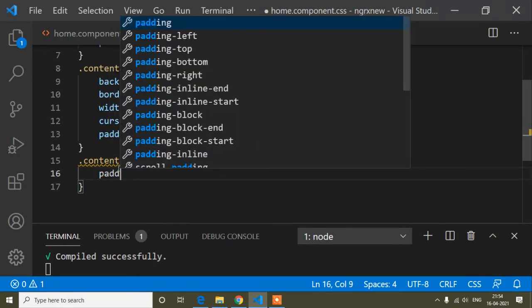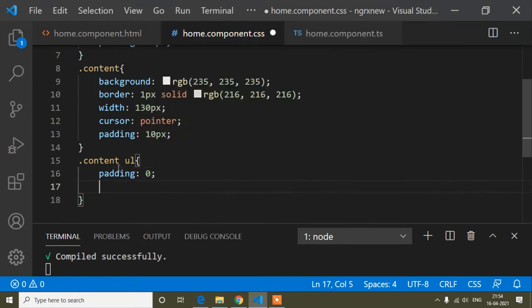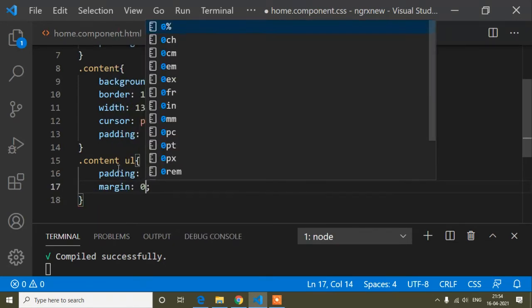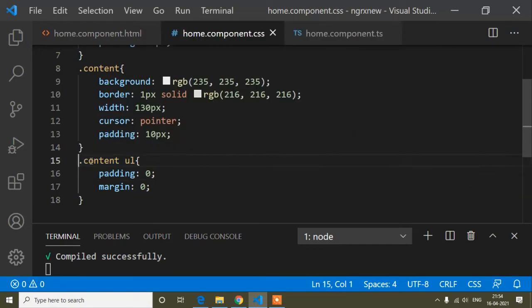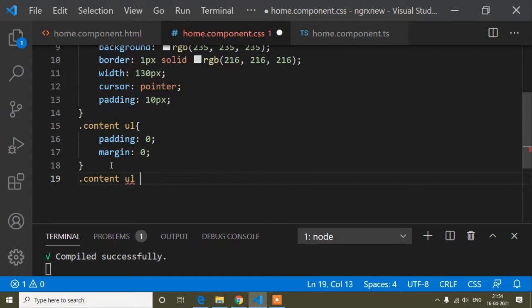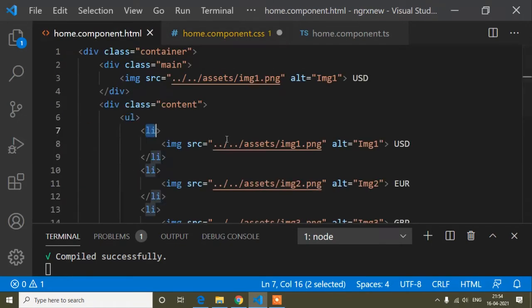So padding is 0 and margin is 0, because I don't want to keep padding and margin inside this ul tag. So I have added some CSS properties, that is 0, and now I will make the design for the ul li, because first of all the content class is the parent, after that ul is the child, after that li.